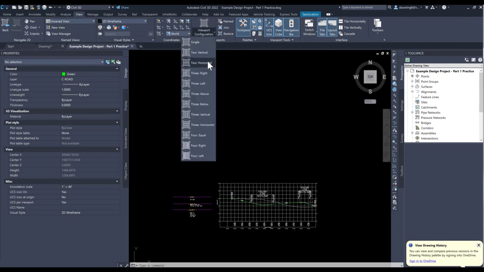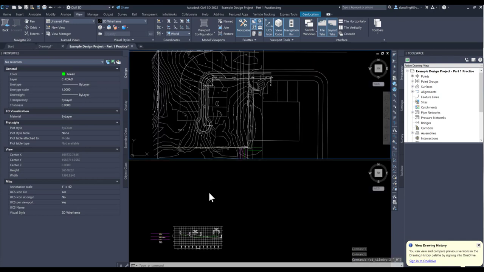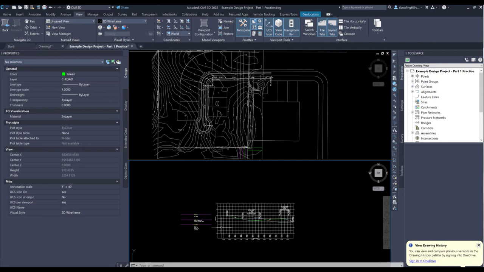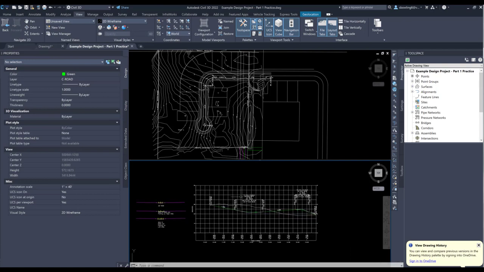Now this is just visual. It doesn't do anything to your drawing. I'm going to split it into horizontal so I can look at two things at once, okay? I like it to do this because it makes it easier than having to pan back and forth. So basically I'm going to attach this assembly to the center line of the road, okay? Now, I'm also going to modify this